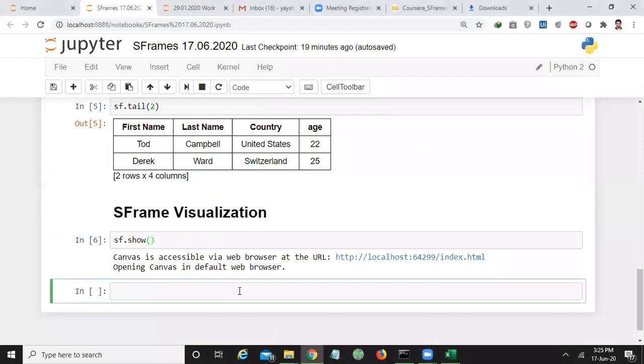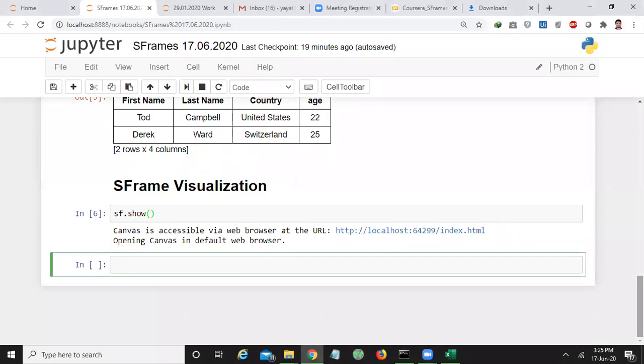Next, let us move on. For example, if I want to have that analysis in my Python notebook itself, I don't want to open it separately in another browser, then I will use this command called graphlab.canvas.set_target IPYNB. What is the meaning of this? You are setting the visual study, but this time you don't want to open it in another web page. You want to do the study in this Python notebook itself.